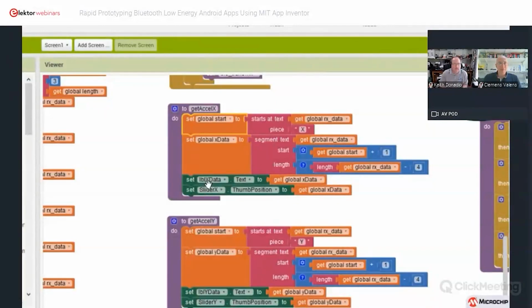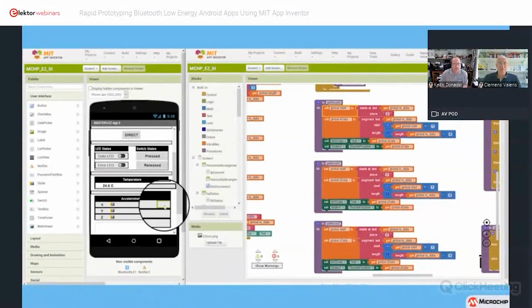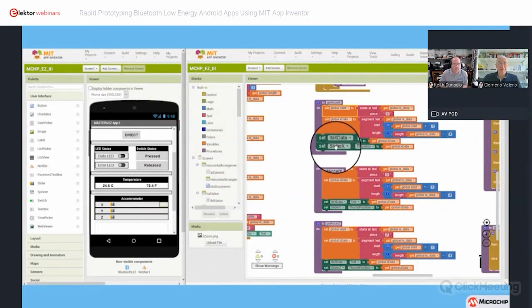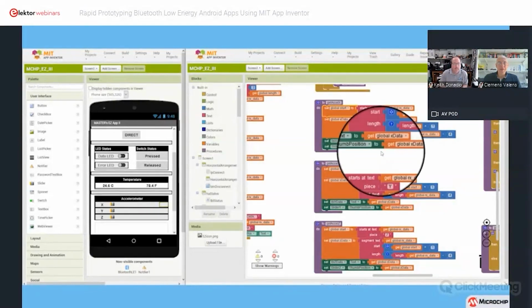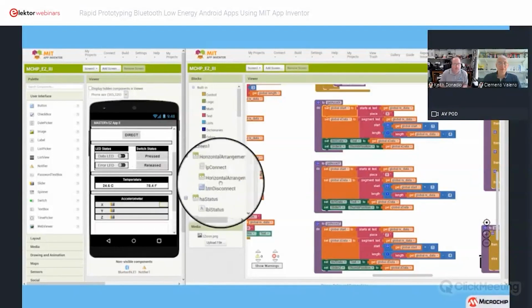Then we display that data in the label, which is over here on the far right of the screen. We also tell it to update the slider X control, the thumb position, with that number as well. It's hard to see here, but this slider has a thumb control position, and I've set the scale from 0 to 100%,